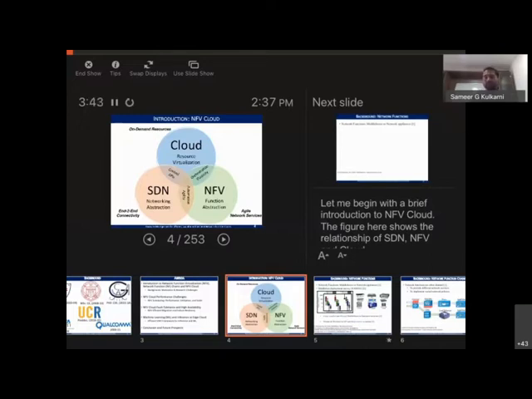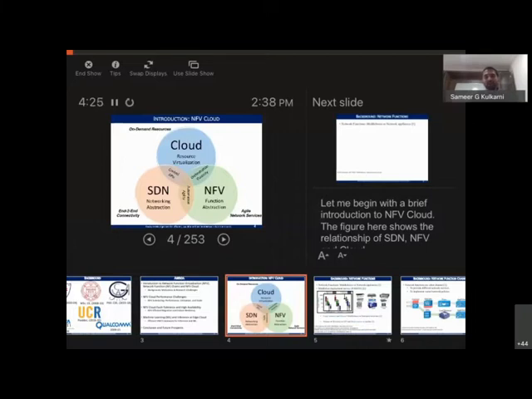The other piece is NFV. This came primarily from the telecom operator side, but nonetheless it has a very good intersection with how the cloud operates. Wherever you have networking devices and a lot of devices that need to handle traffic, you need a means to support them at large scale. That's where NFV comes in, pushing for a function abstraction, which means you can decouple hardware from software and run all the hardware implementations as software implementations. That was the whole point of NFV, and it integrates well with cloud.